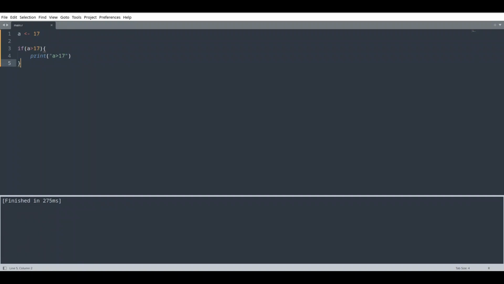Now if you want to provide a second condition, you use else if, and in the second brackets we provide our second condition. There is actually no limit regarding how many conditions you can provide. Now I'm going to ask, is a equal to 17? And what is the purpose of this double equal sign? If we say a equals 17, that means we are assigning the value of 17 to variable a. If we type a double equal sign, this is a logical operation. We are testing whether a equals 17, and the result is going to be one of two values, true or false. Now if that is true, I'm going to print